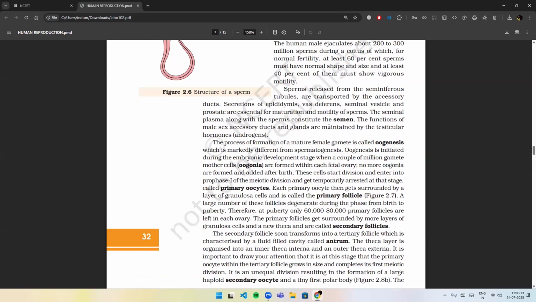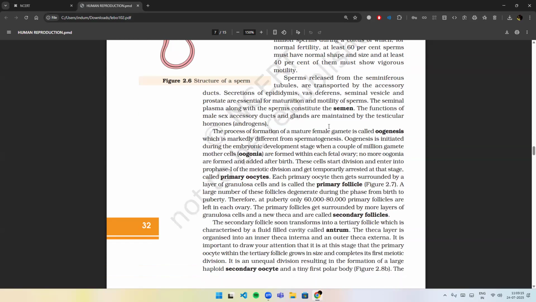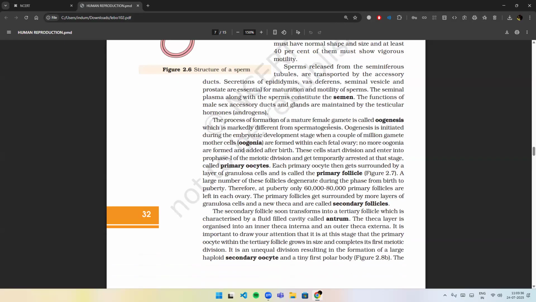The process of formation of a mature female gamete is called oogenesis, which is markedly different from spermatogenesis. Oogenesis is initiated during the embryonic development stage when a couple of million gamete mother cells, oogonia, are formed within each fetal ovary. No more oogonia are formed and added after birth. These cells start division and enter into prophase 1 of the meiotic division and get temporarily arrested at that stage,